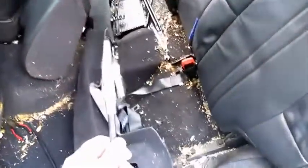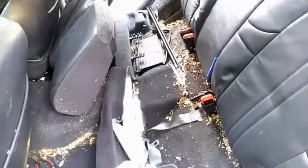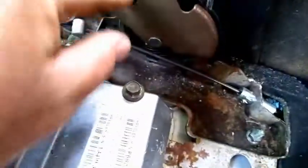My replacement cable only had one bracket on it, so I didn't know there was the other one in there. So when you go to slide it in, you want to go in from the rear seats forward. It's going to be easier, and just make sure you slide your cable all the way in so you don't kink the cable. I'll show you what it looks like after it's slid through. Alright, I've got my bracket bolted back in. I got my cable in place. I pulled it forward, and now I'm going to loop it onto here,